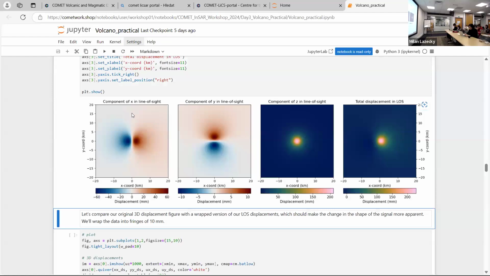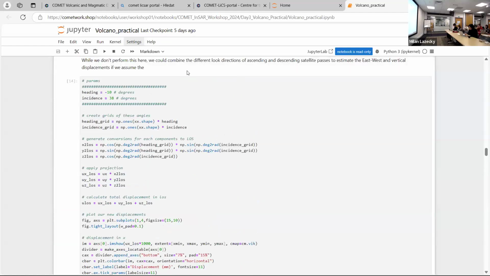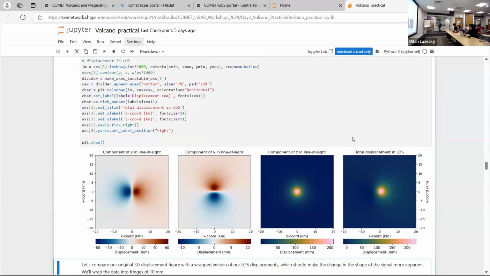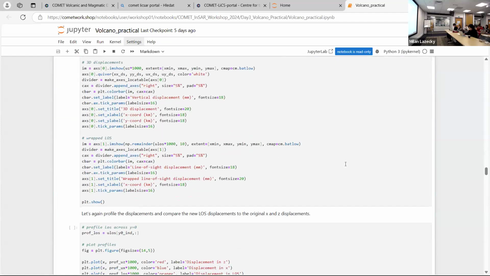Each individual component will add up differently, and if we change our incidence angle and heading, those components will add up in a different way. What I think is really worth taking away is if you have a look at this total displacement field, how weird it can look relative to your initial radially symmetric source. Okay, so if you have a run through that box, and then we'll go through the next bit after that.